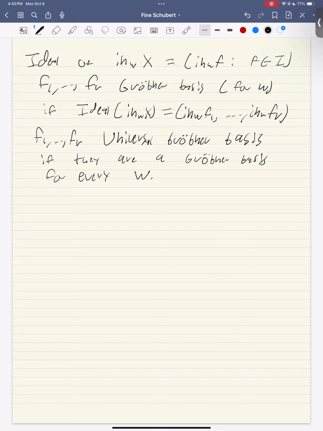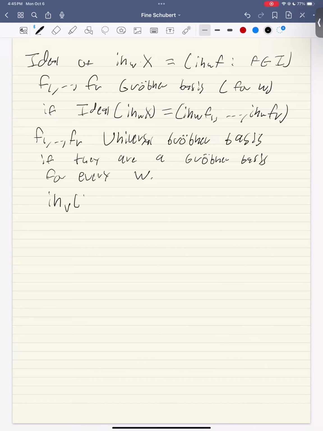But it still exists for general Noetherian reasons, and furthermore, trying to understand a Gröbner basis for non-generic W kind of immediately reduces to the case of generic W, because again, it's not obvious, but it turns out that